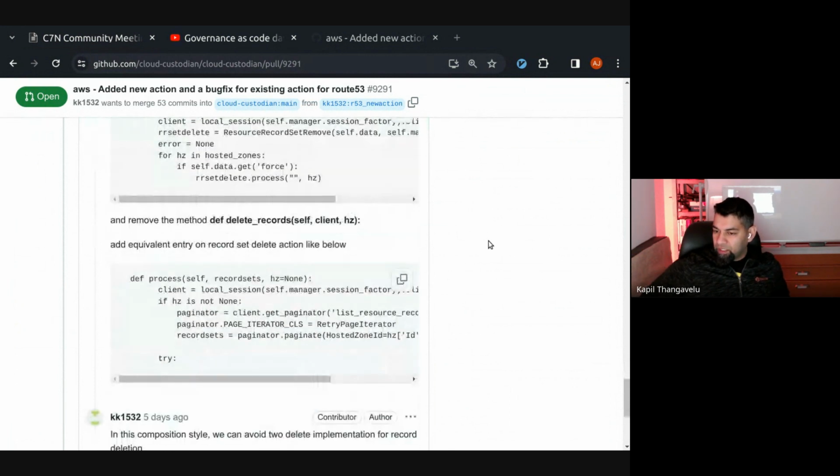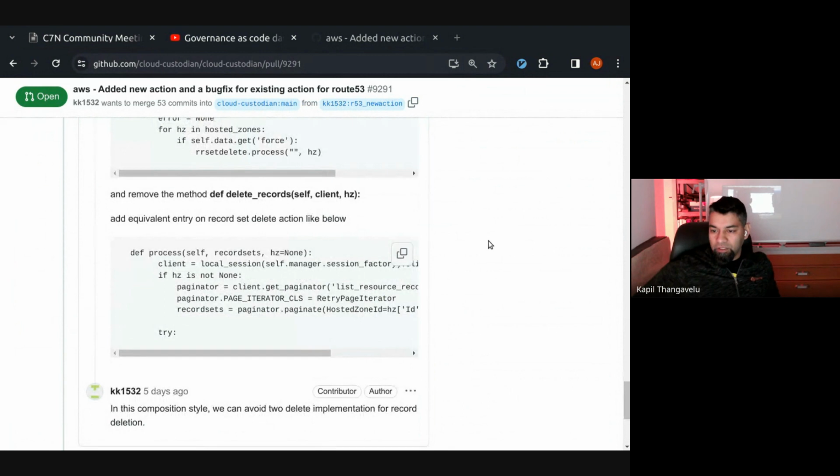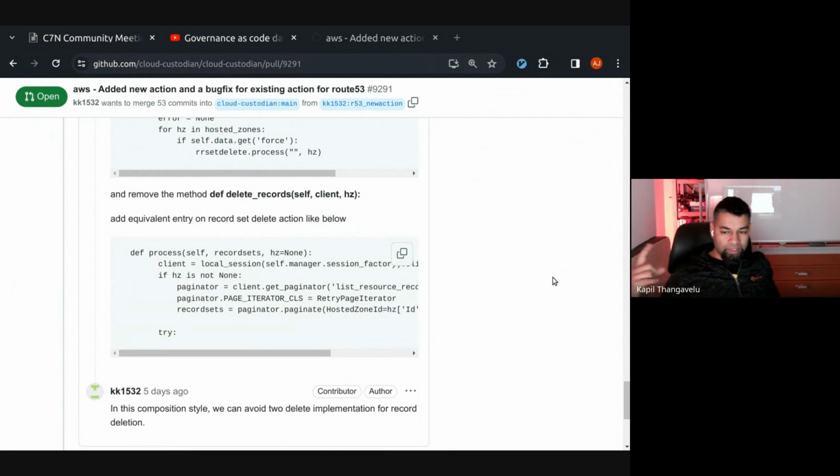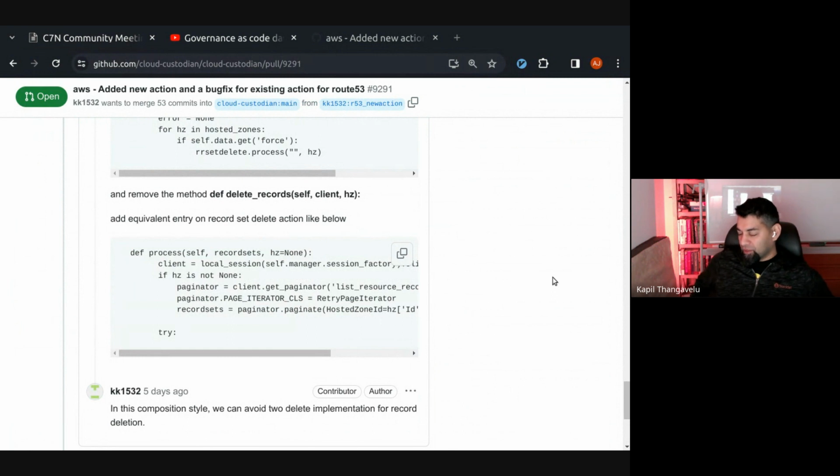I think the updates look good. When we initially had delete hosted zone, it was deleting the records internally, and now this adds a delete records thing. So the patch is probably as simple as it can be made. The additional question would be whether we would remove the hosted zone's record deletion that it's doing right now to instead delegate to the delete records that we now have on the RR set. But that would still need querying out the RR set, so it's probably fine as is. There's some stuff we could do to optimize, but I'm not sure it's worth the trouble, to be honest.